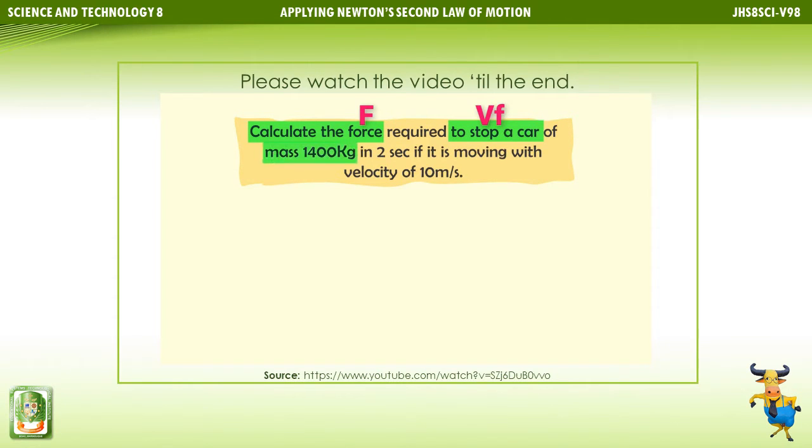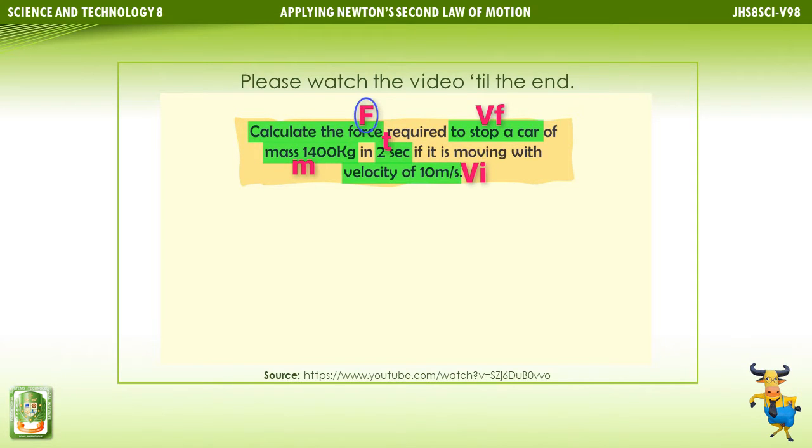Thirdly, mass m is equal to 1400 kg, and time 2 seconds, so it is time t. If it is moving with velocity of 10 meter per second, this is initial velocity Vi. There are 5 variables given in this problem and we have to find force F